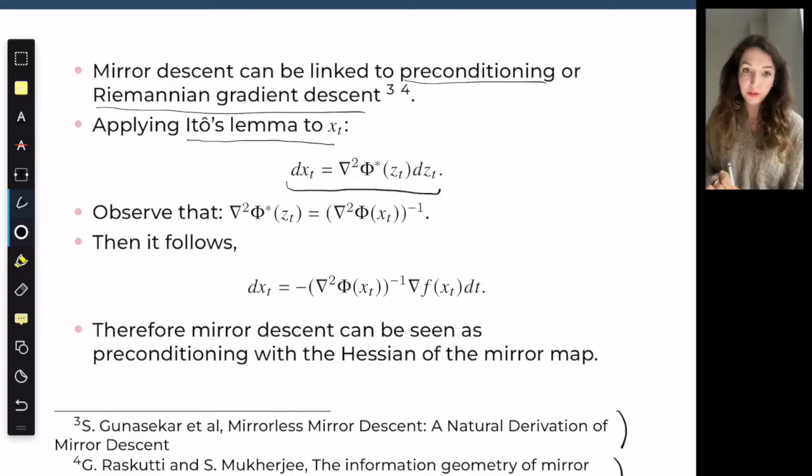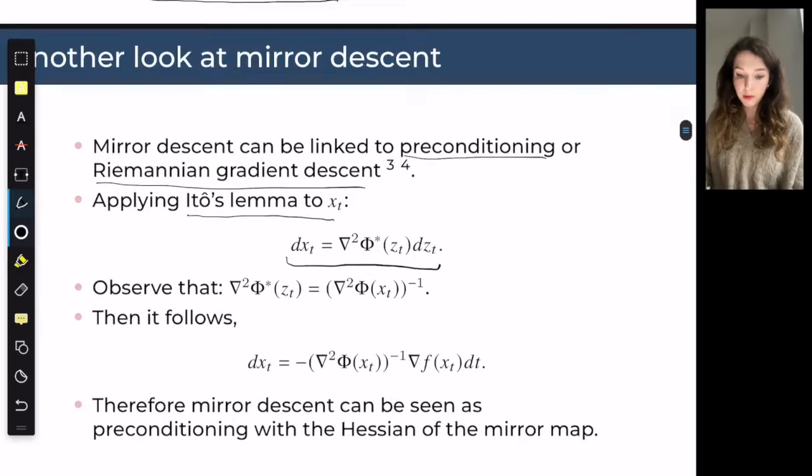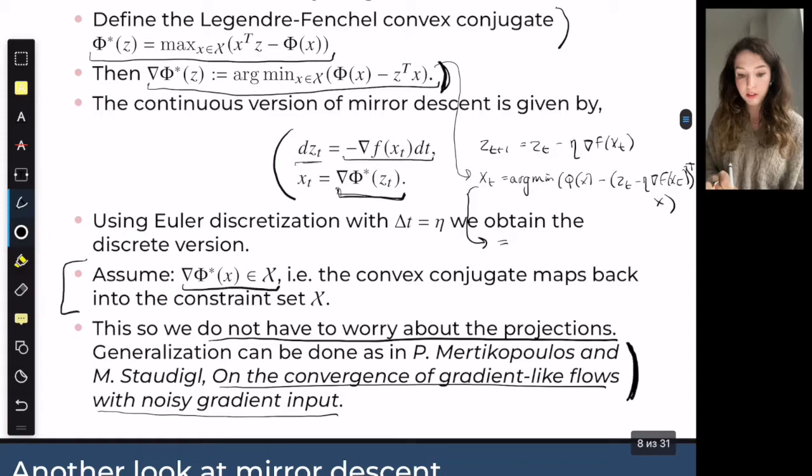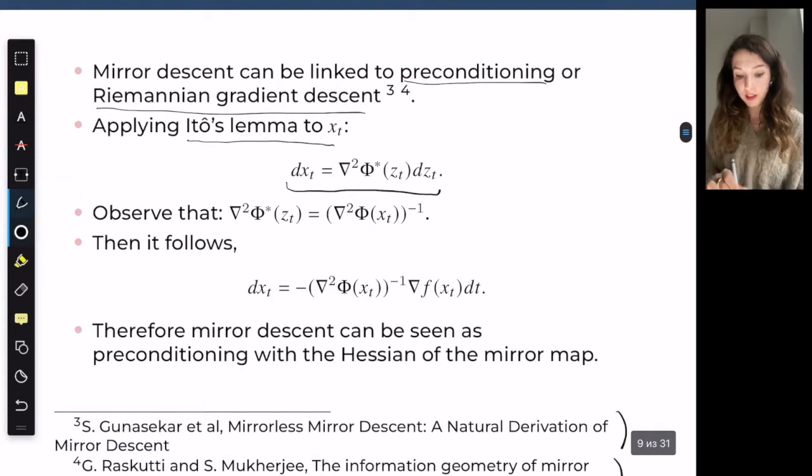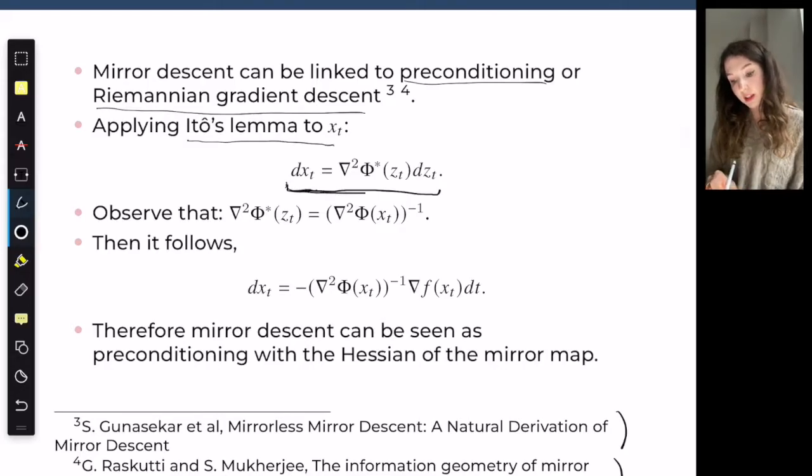So the evolution of xt directly. Remember that here we had the evolution in terms of zt. So rewriting the evolution directly in terms of xt, what we get is essentially a kind of preconditioned gradient descent, because specifically